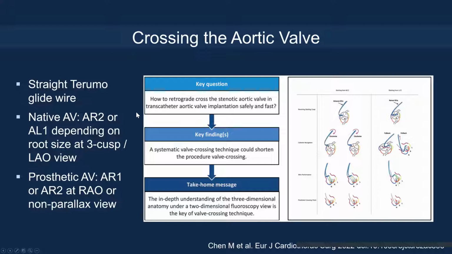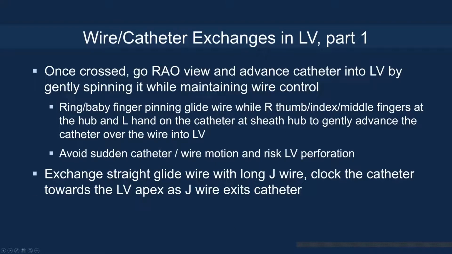We typically use a straight glide wire. With the native aortic valve, we typically use AL2 or sometimes AL1, depending on the root size, and the three cusp LAO view. With the prosthetic aortic valve, we typically use an AL1 or AL2 catheter and an RAO or non-parallax view. In terms of wire and catheter exchanges in the left ventricle, you need to make sure that once